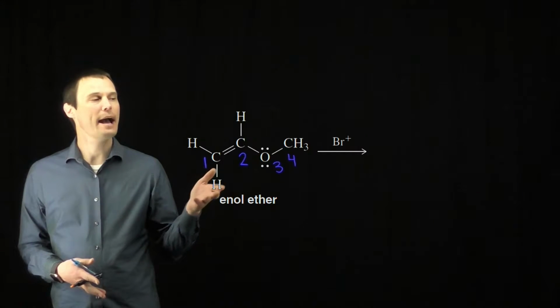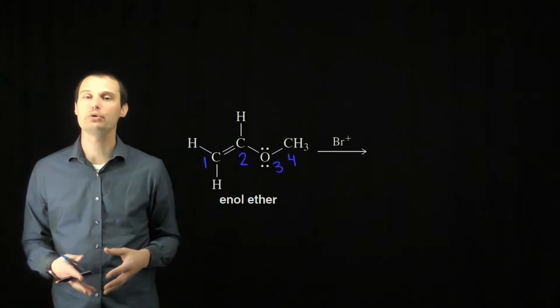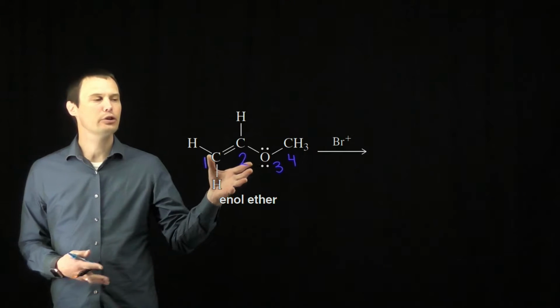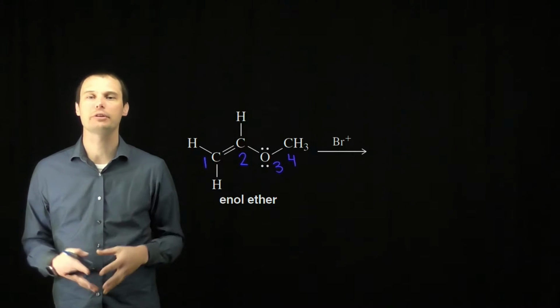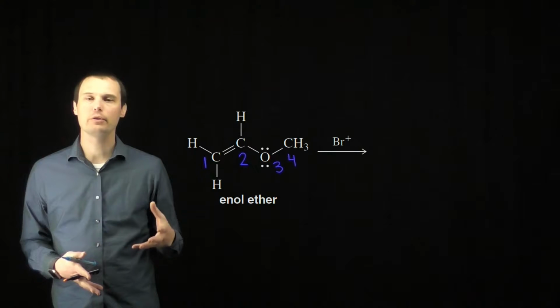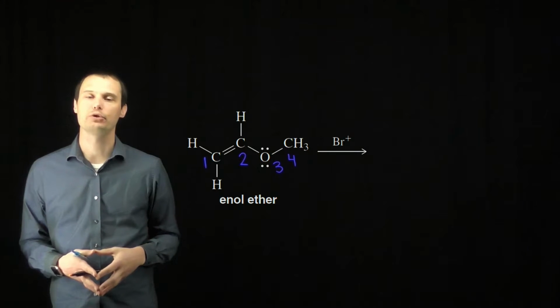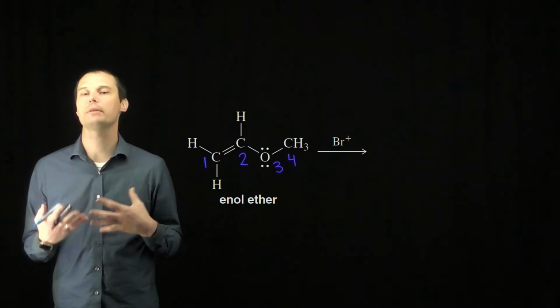The question asks us to predict which atom the Br plus ion is likely to react with. Looking at this structure, it can be a little bit hard to tell. There are some tricks that we can use to figure this out. One of those tricks is to look at the second best resonance contributor, because that resonance contributor typically defines the